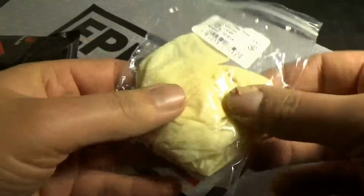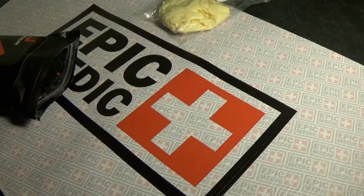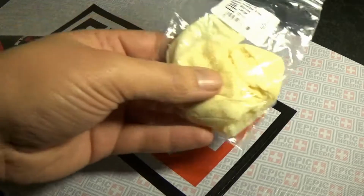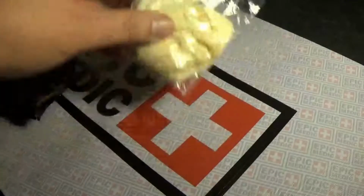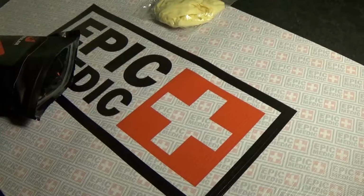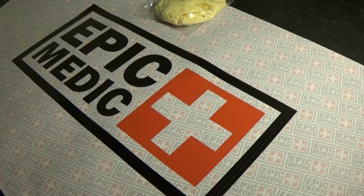So cross-contamination is a major thing you want to avoid. So that is keeping nasties away from you and also keeping your potential nasties away from the casualty. So the first thing you should do when dealing with any kind of bodily fluids is put on a decent pair of gloves, and that's included in this kit, and it's right at the top where you need them. So you have the gloves. Next up